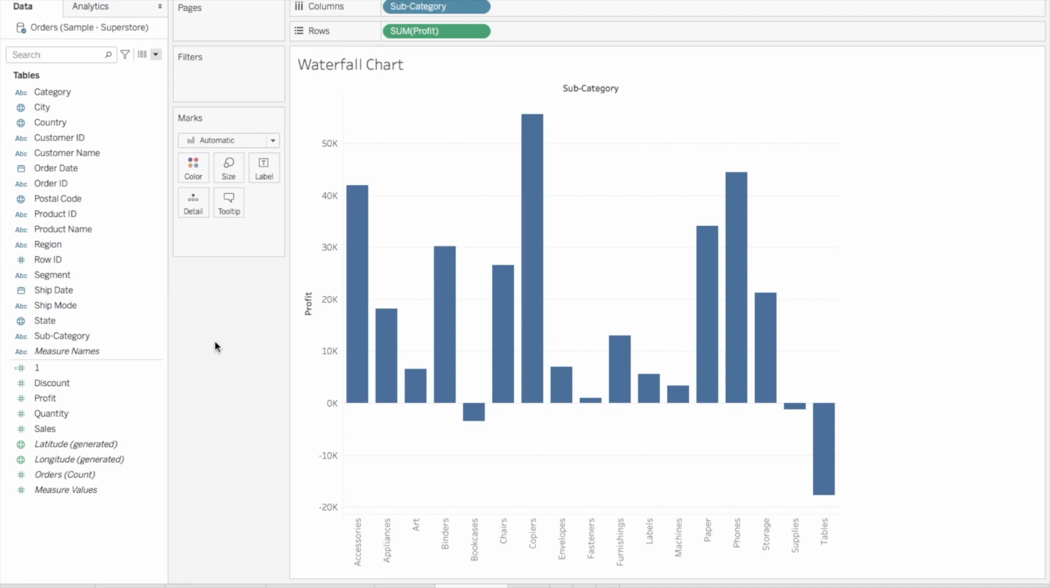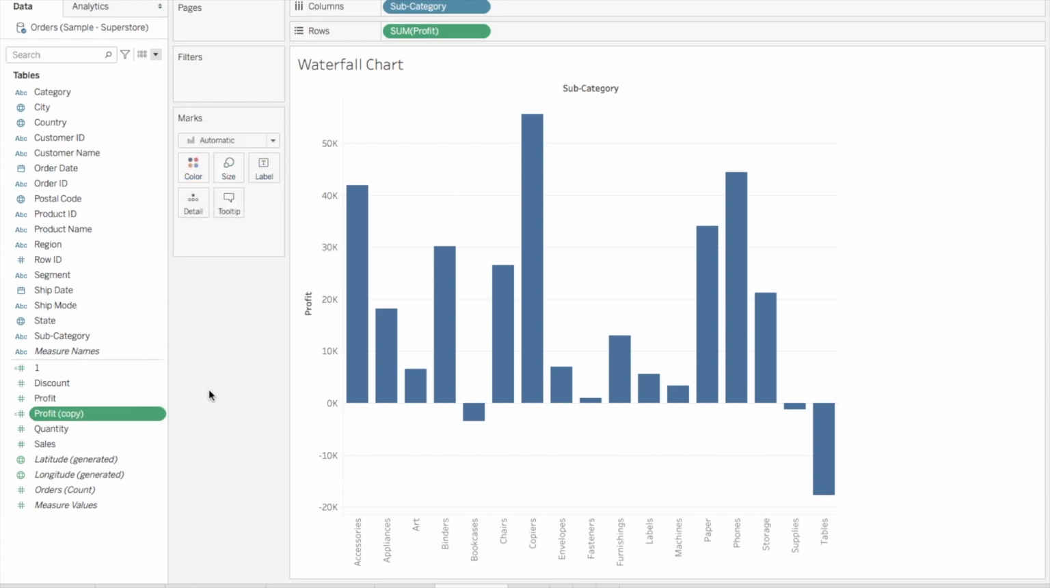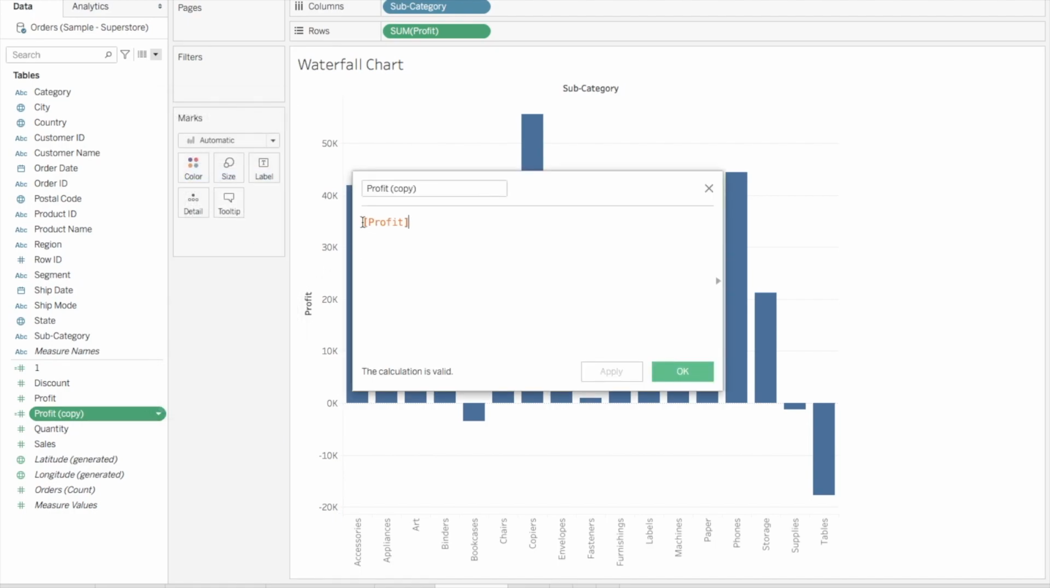Now, the second step is, whichever measure value you are using to create the bar chart, you have to create a duplicate of the same measure value with a negative value. For example, we have taken profit here, right? For creating this bar chart, we'll create a duplicate of this measure value, profit copy, go to edit and add a negative sign in front of the profit. So basically it will give you the negate of the profit value, right? And I will rename it to